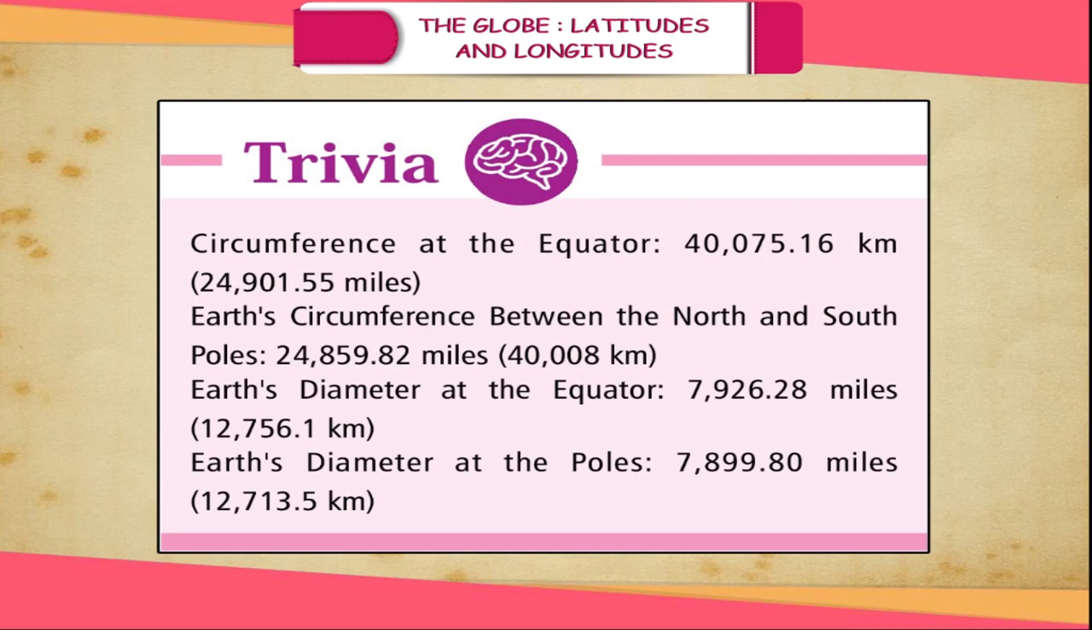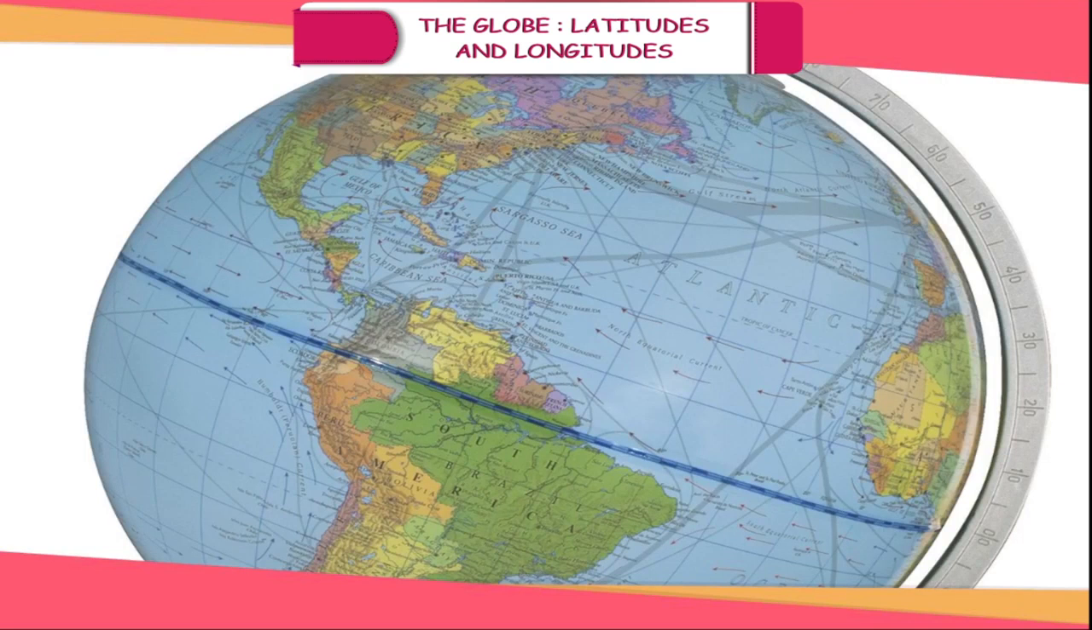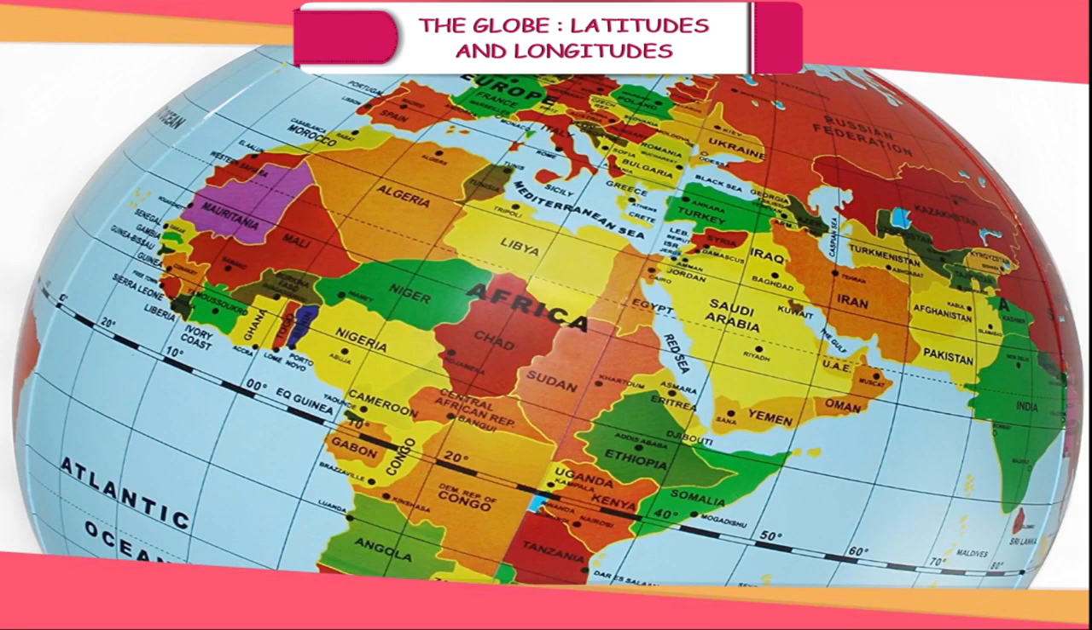12,713.5 kilometers. Axis is shown passing through the North Pole and the South Pole in the center of the Earth, on which the globe lies in a tilted manner. The Earth in space is also placed in a tilted position. This tilted axis of Earth is responsible for phenomena such as days and nights of different durations and occurrence